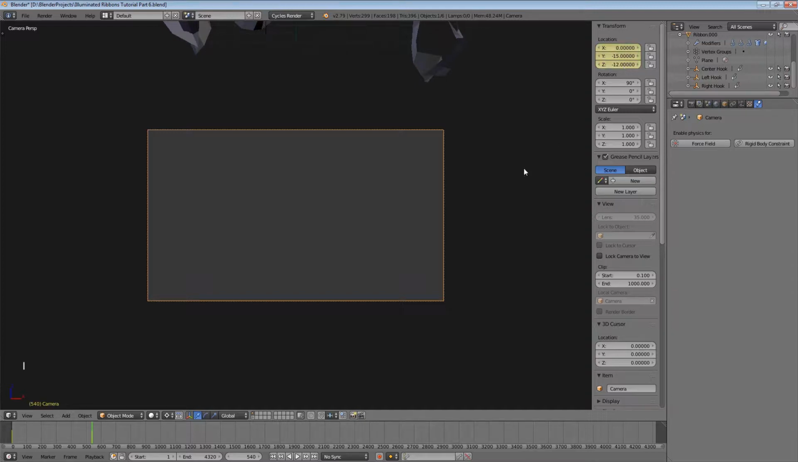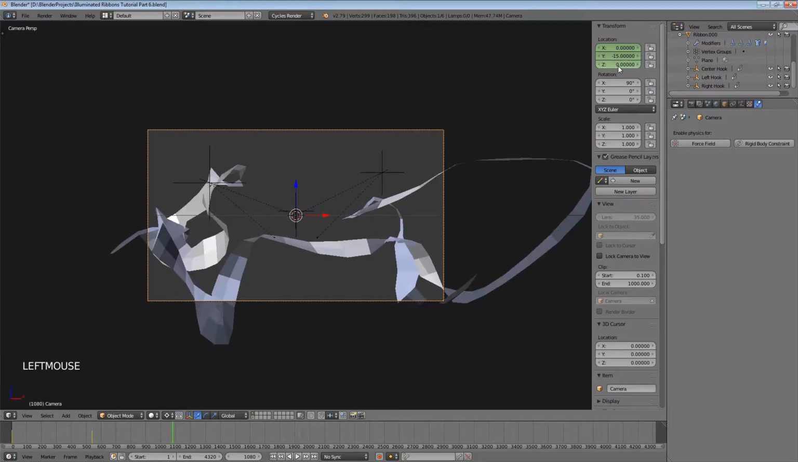Then we'll advance the timeline to frame 1080. Set the Z location back to 0 and press I again. We are going to have the camera oscillate down and back up a total of 4 times. So advance the timeline to frame 1620, set the Z location to -12, press I,